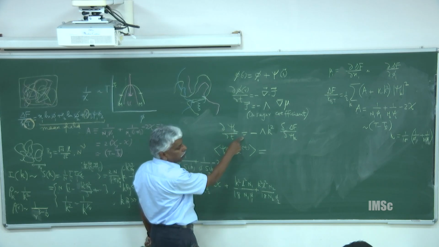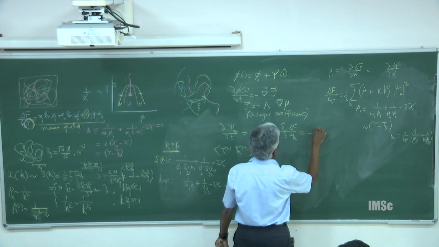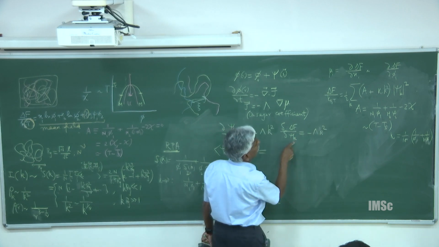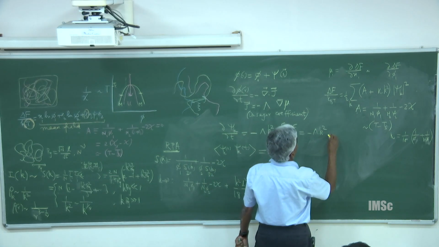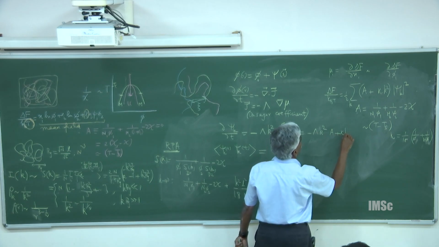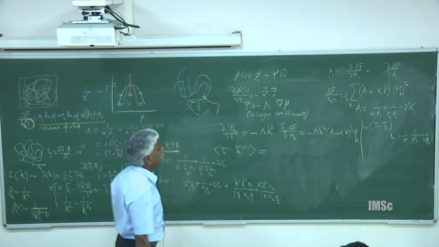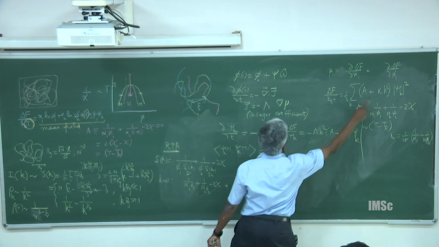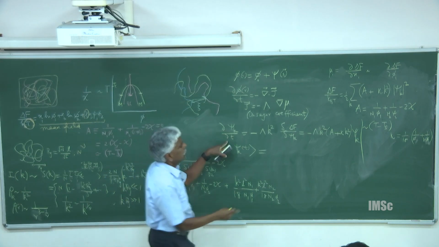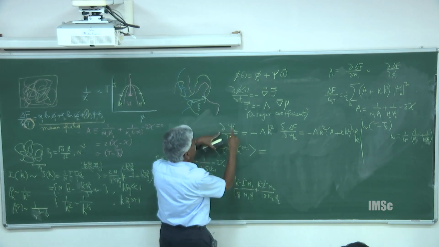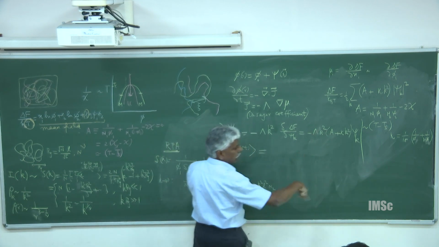So, I can solve this simple equation, d psi k by dt is equal to minus lambda k square. Let us do this calculation, and that is going to be equal to, given this, we take the functional derivative, I have a plus kappa k square times psi k. Okay. So, using this, I am taking the functional derivative and I get that one, and that is a linear thing, because d psi k by dt is proportional to psi k. Therefore, d psi k by psi k, that is d log psi k, is equal to whatever I have here times dt, and integrate it out.